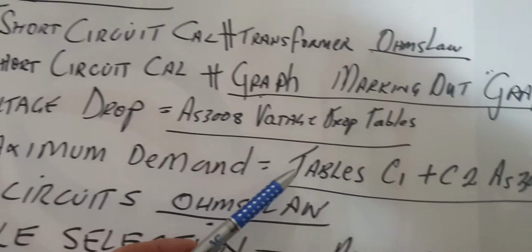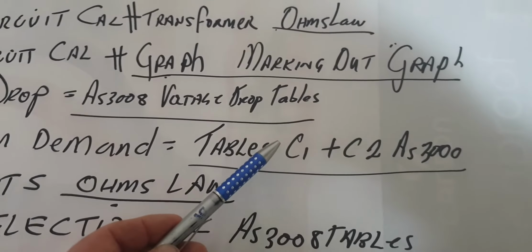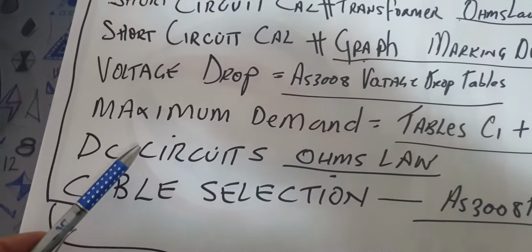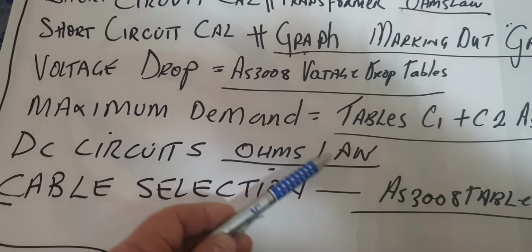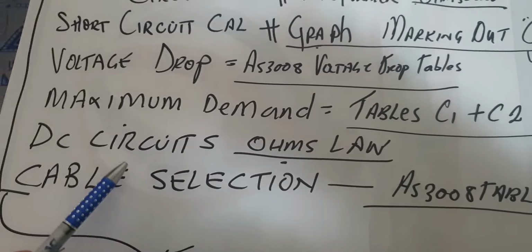Voltage drop, maximum demand. Have we been given a commercial one? Commercial being on C2, domestic on C1. Then we've got DC circuits. Most failed question. Not to do this one straight away. Do that towards the end. And then we have cable selection,